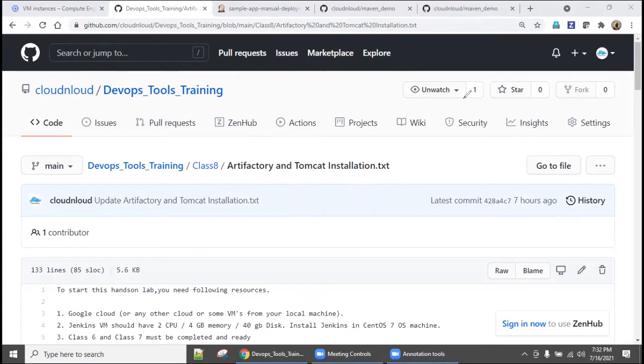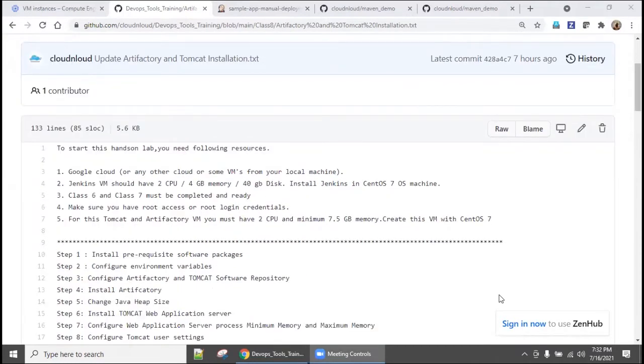Let's go inside. Before going inside, you need to have a couple of prerequisites. As part of class 6 and class 7, we created the Jenkins machine, with one CPU and minimum 4 GB memory, and we installed Jenkins. If you have that machine, keep it, and make sure you have installed everything and tested it with one custom build. You can create these machines in Google Cloud or any other cloud, Azure or AWS, or if your laptop has a good, high-end configuration, you can even create the VMs on the laptop itself.